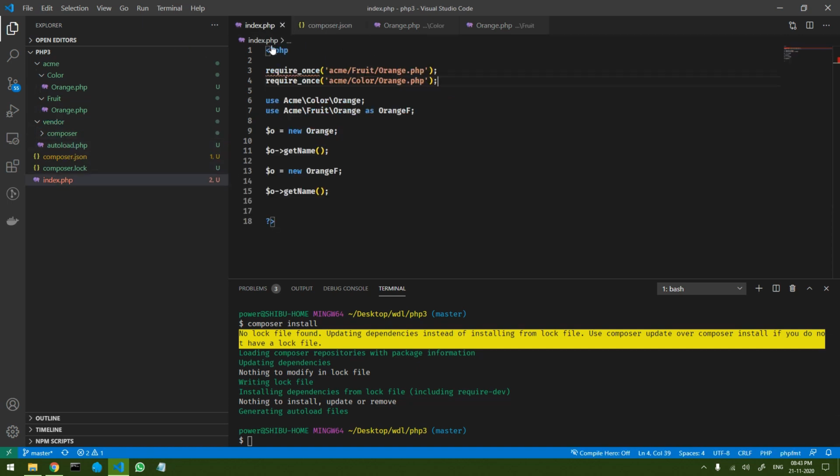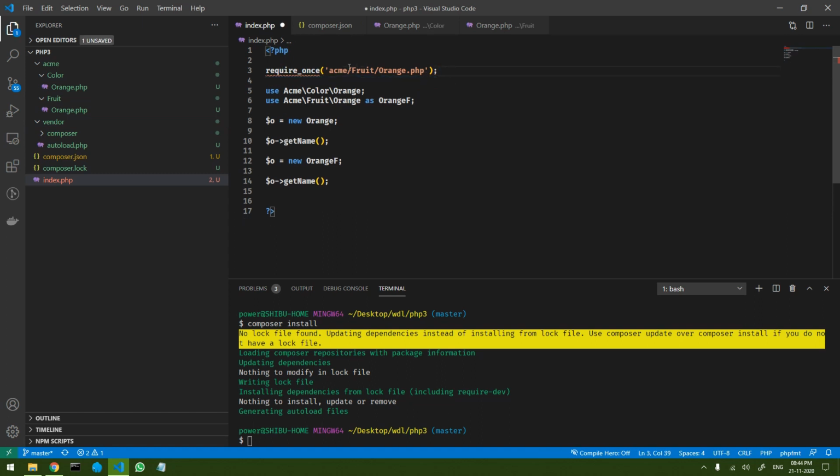Perfect. So now I can do one thing. I don't want multiple requires. Instead of this, I will just remove everything from here, and I will say vendor autoload.php. That's it. Okay, so now what next is going to happen is I want to load these particular classes